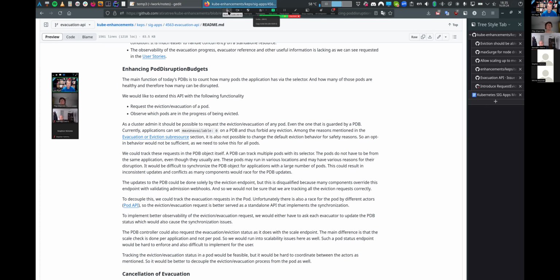Yeah. So one thing is that it could be possible, but the users would have to define PDBs for applications that don't have PDBs yet, which is some hurdle, but it's doable. But if you, for example, want to offer this logic for the deployments by the kube controller manager, then the users would also have to specify the endpoint for the kube controller manager to actually contact it to actually scale, which I'm not sure is a good idea.